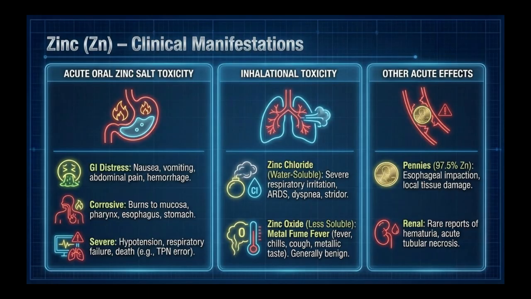Acute toxicity due to oral exposure to zinc salts primarily manifests as gastrointestinal distress. This includes symptoms such as nausea, vomiting, abdominal pain, and gastrointestinal hemorrhage. Solutions of zinc chloride, especially those with concentrations exceeding 20%, are highly corrosive. They can cause partial and full-thickness burns to the oral mucosa, pharynx, esophagus, stomach, and laryngeal and tracheal structures, even